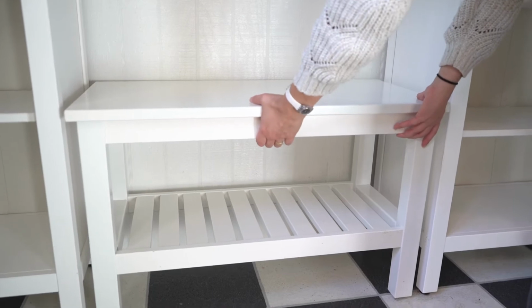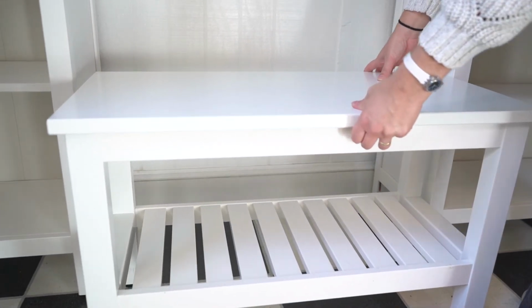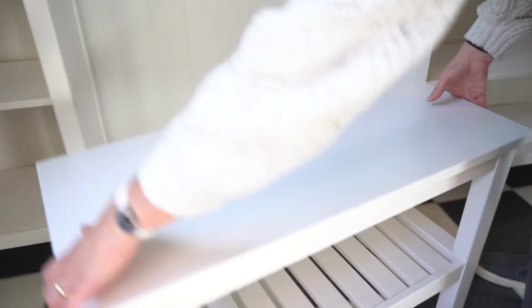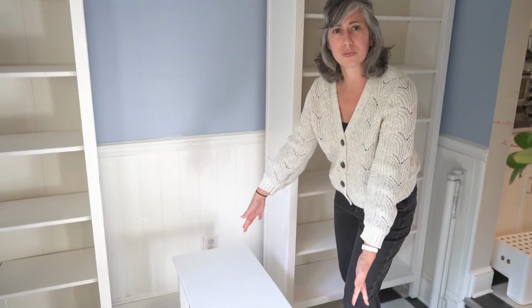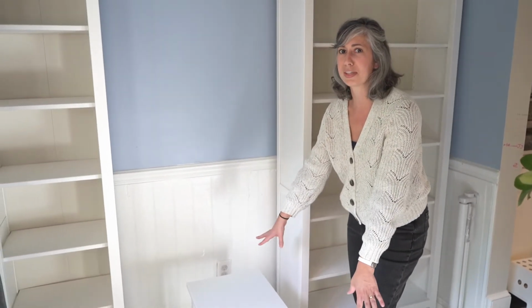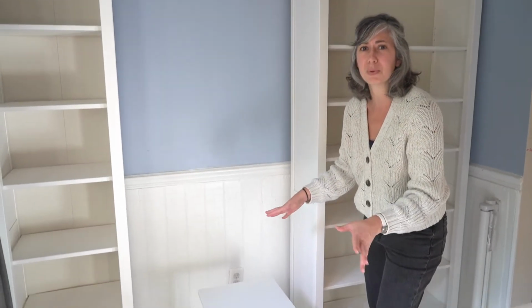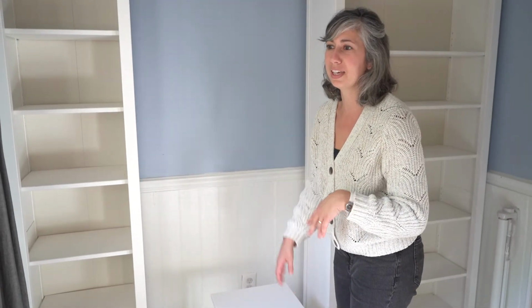So this bench is actually removable. We haven't connected it to anything. I do like that it's movable because we can always use it if we have guests and put it somewhere else, or sometimes we'll spin it around for kids to use it as a surface for playing back here. We actually had this set up back here as a little preschool pod when there was the pandemic. So I will link to that video for you all